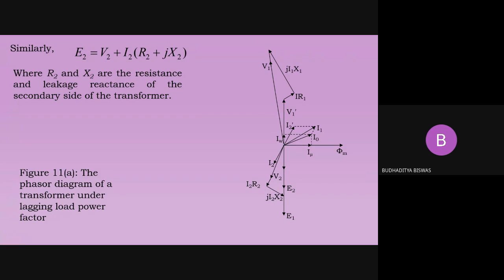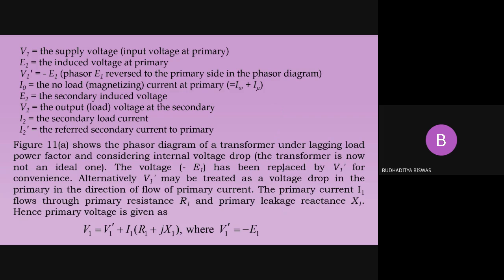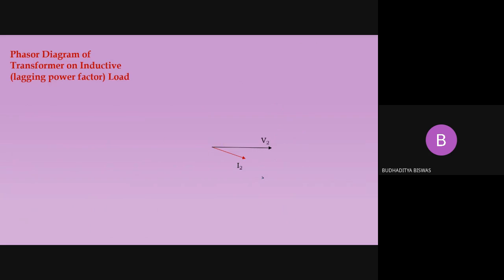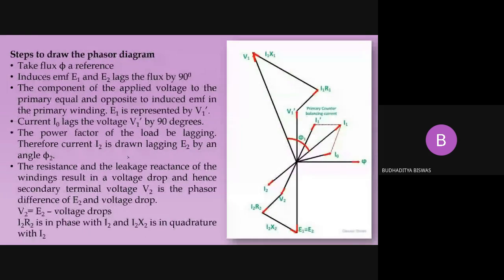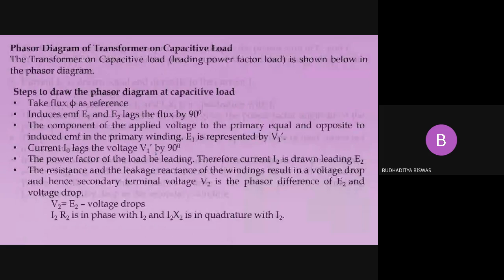But if the question comes like this, you need to draw and explain the phasor diagram of the transformer in that particular load condition. Then you need to draw the figure, mention all the symbols used in your figure, and mention the steps also. You see in this theory so many steps are there, so these are not required to write in the exam because the time is short. So how to mention the steps?